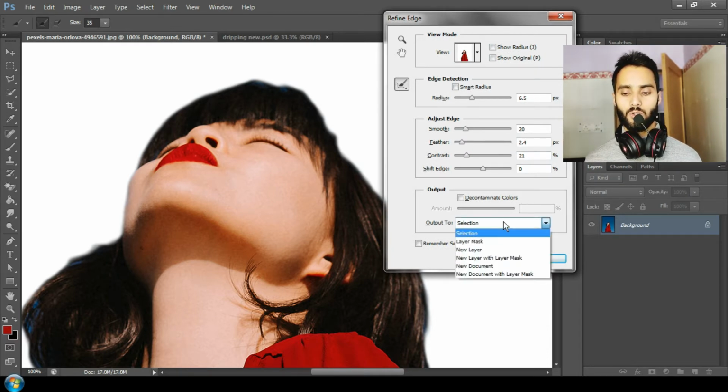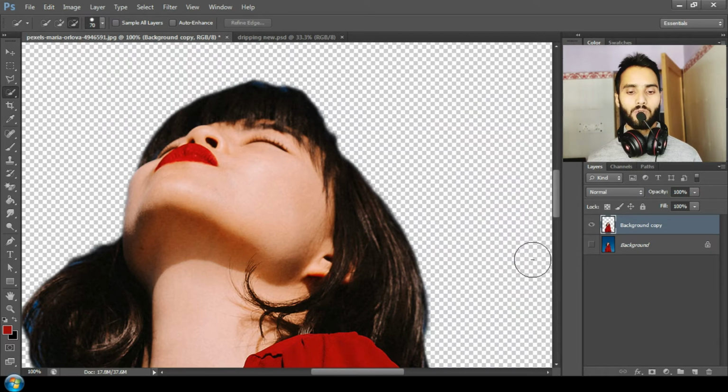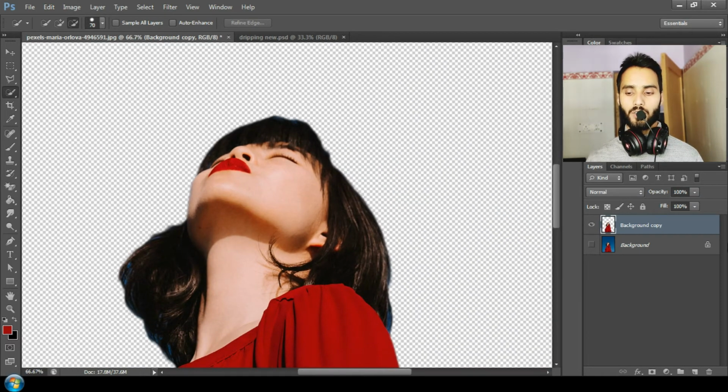I'm just not going into the details. Just go to selection and put it in a new layer. Okay, so this separates the background. All right, now next, as you can see, this is the layer we have. Okay, now if you want to go a little